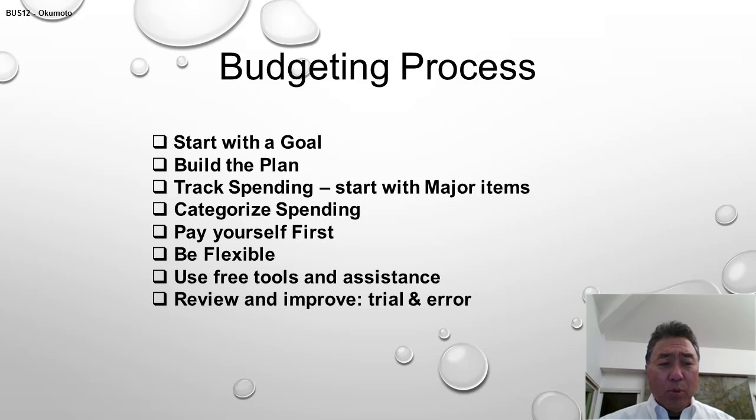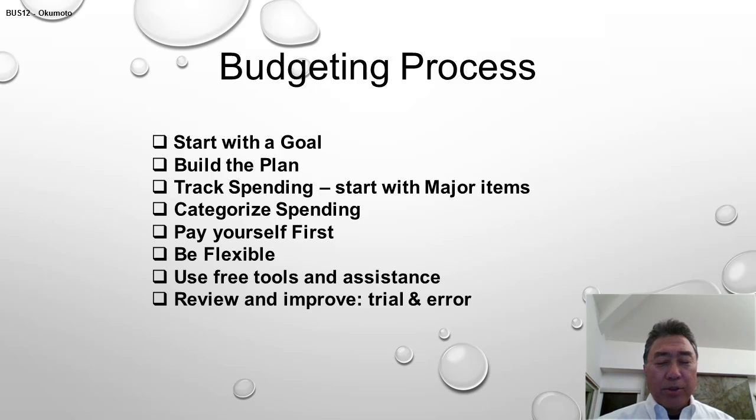Well, now that you have that goal, what do you do? Well, you've got to go build your plan. And if you recall from the budget template, what you will put in there is, how much money am I going to earn each month for the next 12 months? And then once you figure out how much money you're going to make, you start figuring out how much you're going to spend each month by category. It's really important that you categorize your spending, because if you don't, how do you know where you're spending your money? That's one of the most important elements of a budget. It shows you where you're spending that money.